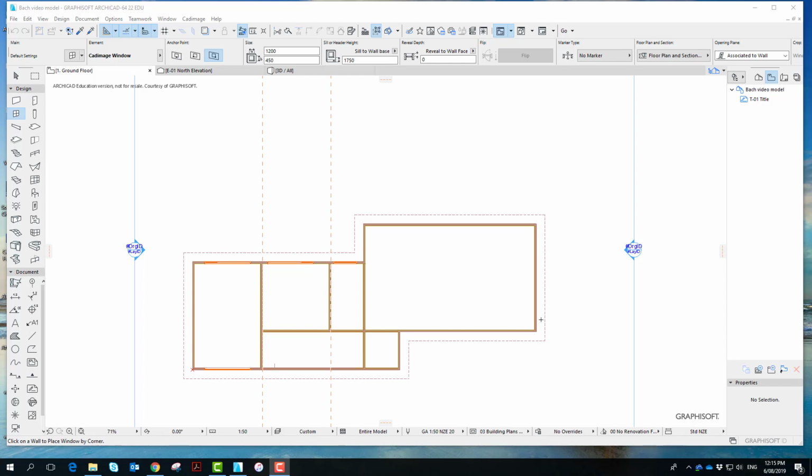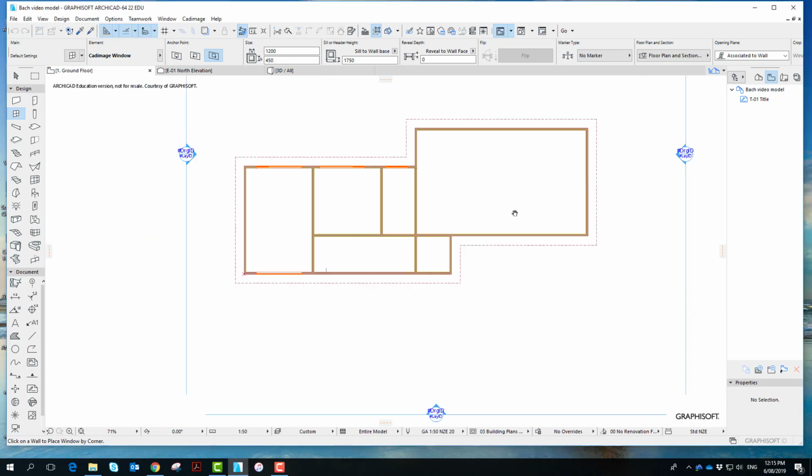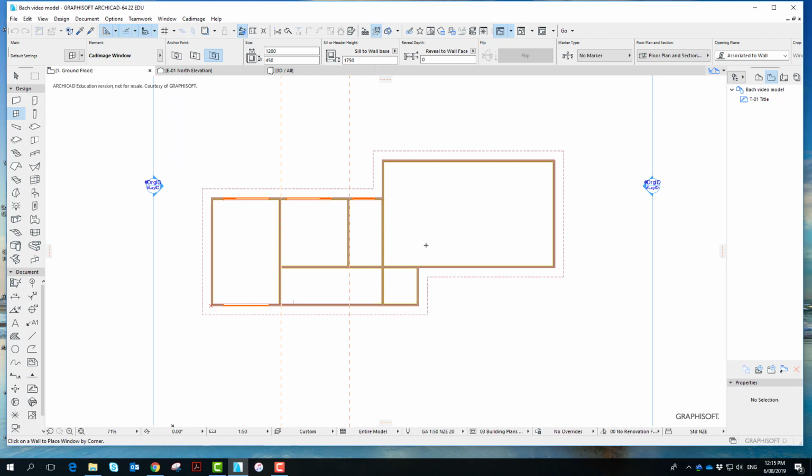Hi guys, this video I'm going to take you through today is just going to be quite a short one showing you how to set up a layout and put a simple title block on it. So I'm just going to use the little training batch model that we've been working on, and my initial steps